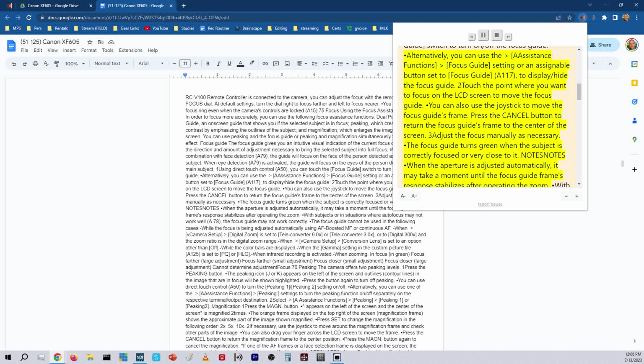Press the cancel button to return the focus guide's frame to the center of the screen. 3. Adjust the focus manually as necessary. The focus guide turns green when the subject is correctly focused or very close to it. Notes: when the aperture is adjusted automatically, it may take a moment until the focus guide frame's response stabilizes after